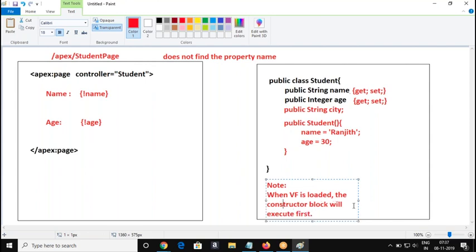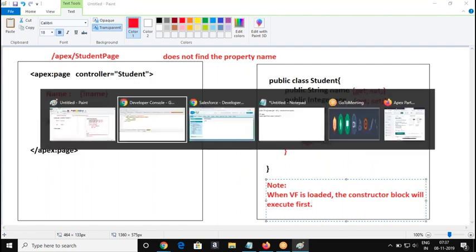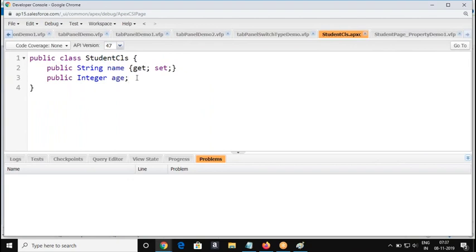Whatever you would like to initialize, whatever logic you would like to perform when the page is loaded, keep that logic inside the constructor block. So what are we going to do now? We're going to declare a constructor, overriding the default constructor, right? A method in the name of the class without a return type is called a constructor.